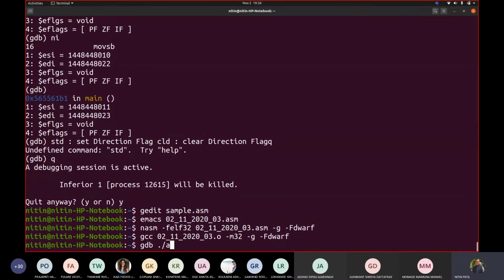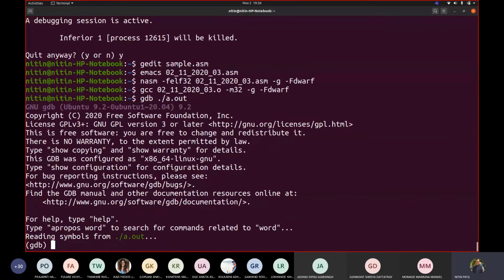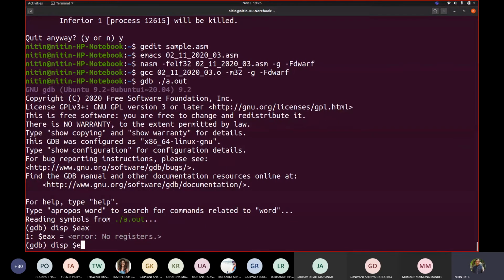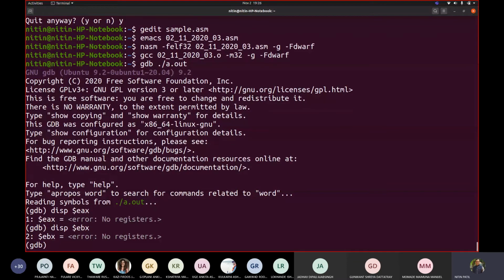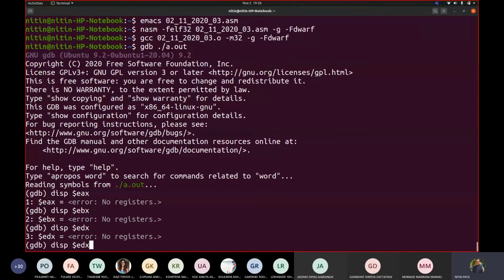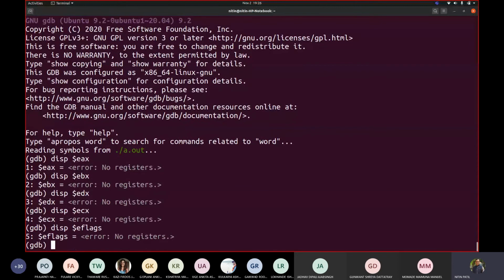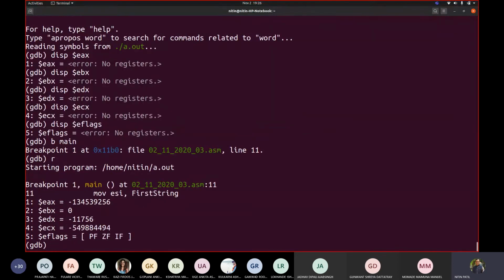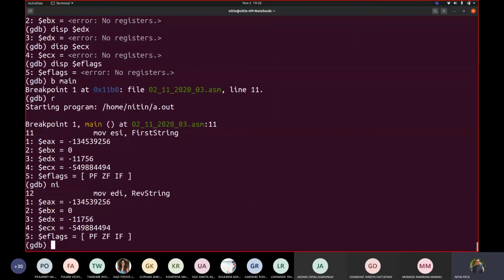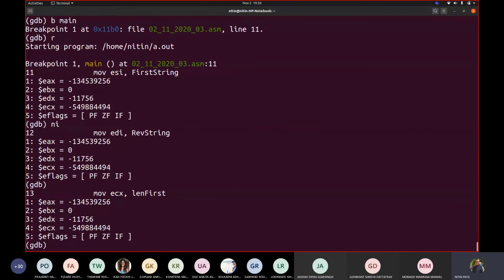Now gdb ./a.out. Now I will display EAX, display EBX, and we wanted to display EDX because ECX is used inside. Let us display that as well. We want to display EFLAGS as well. Fine. Breakpoint main, run. ESI is becoming the first string, second string copied.